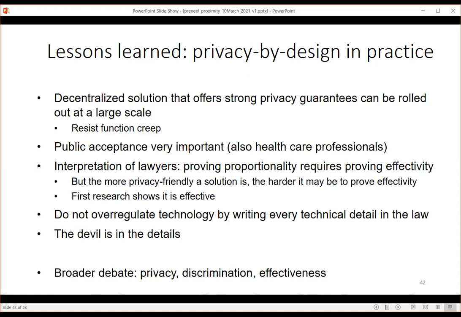And so the lawyers, actually, they're not so sure what they want, because they say, we want privacy by design, but you should also prove that your system is effective. Because if you can't prove your system is effective, we can't judge whether it's proportional. So you're going to always process data, and to assess whether what you do is proportional, we have to know